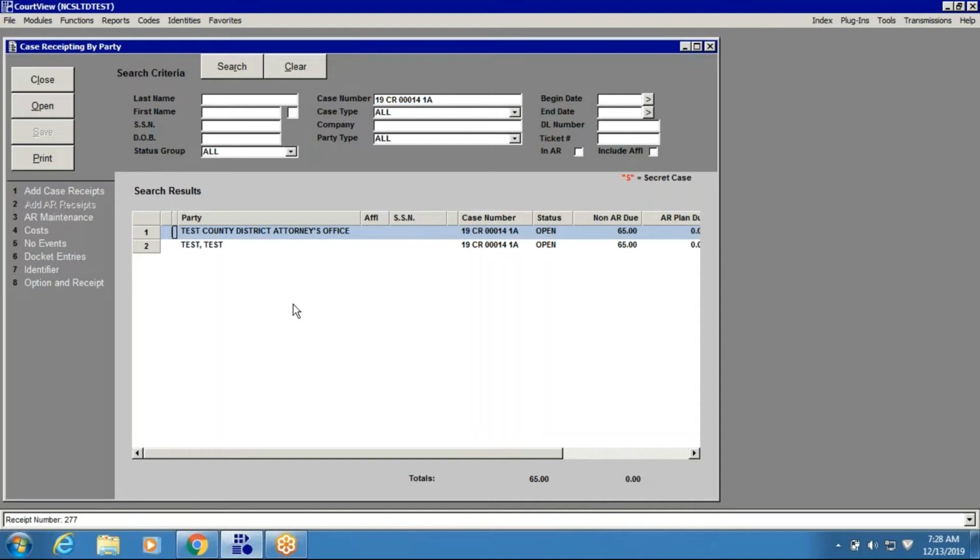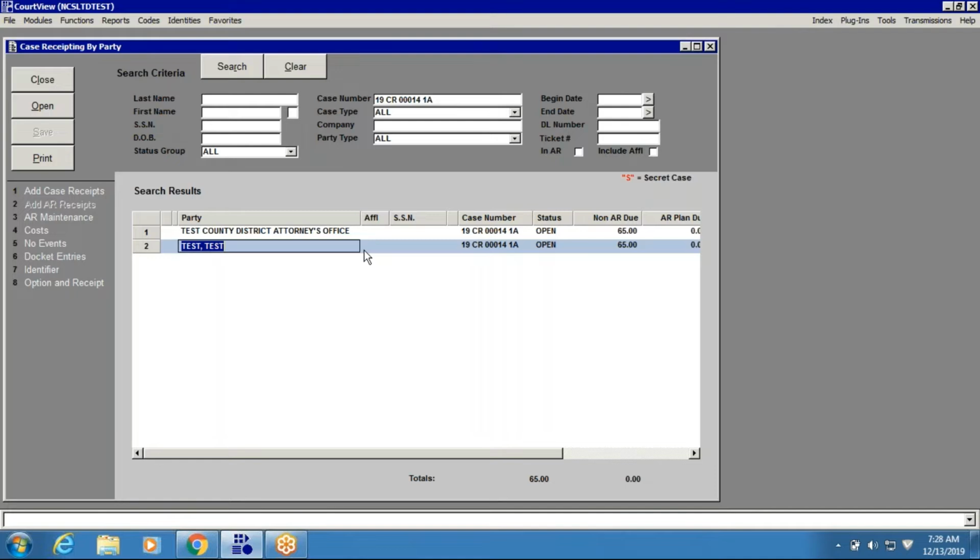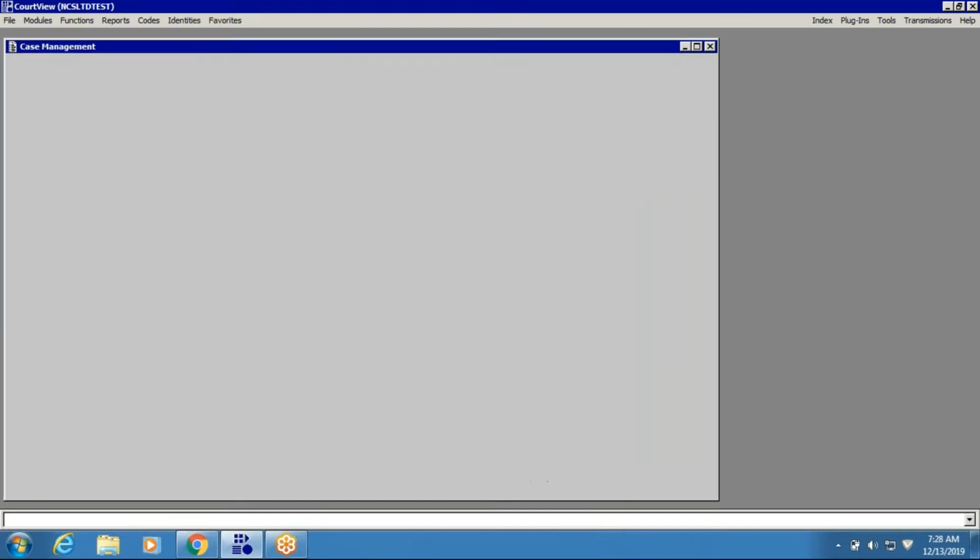And then I'm going to show that on this screen, if we scroll over to the right, we see that the non-AR due has now been updated to include that $25 payment for check that we just took in. So now what's outstanding on this case is $65. So you can see how this screen is pretty useful for the courts. Okay, so I'm going to go ahead and hit close one time, and I'm going to show you guys the next